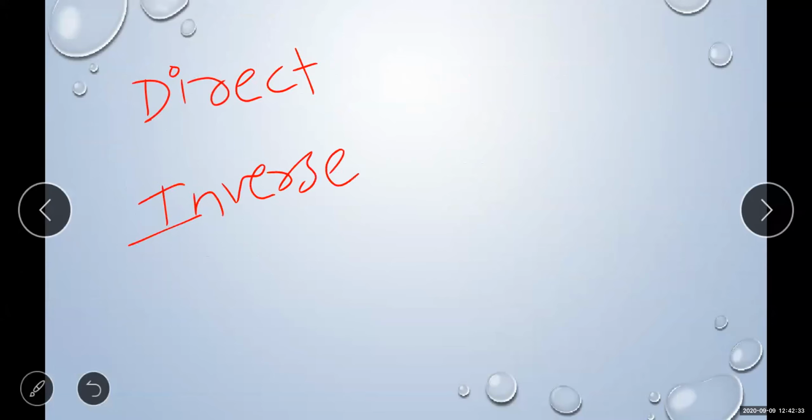Yes, very good, Sneha. I'm giving you a simple example of direct proportion, and a second example of inverse proportion. Direct proportion: suppose in a class there are 5 students and I have to give them 2 notebooks each. So how many notebooks do we need? 5 students and 2 notebooks each. How many notebooks must I have?